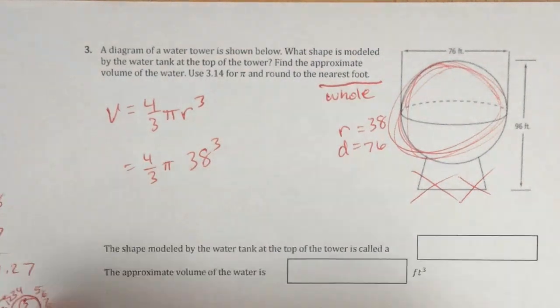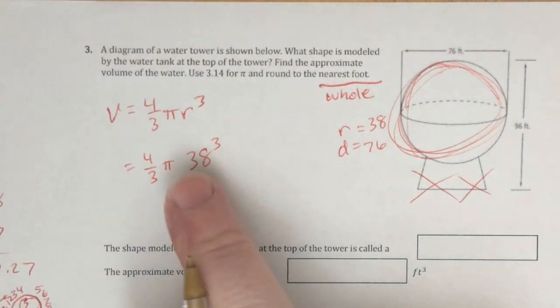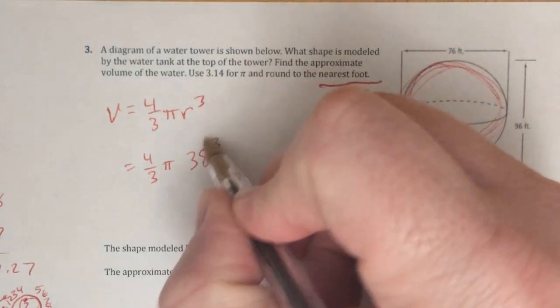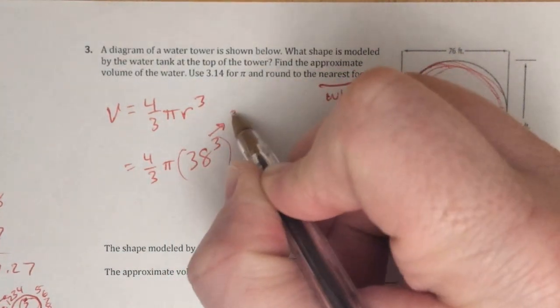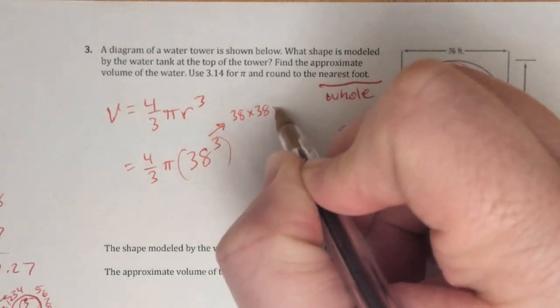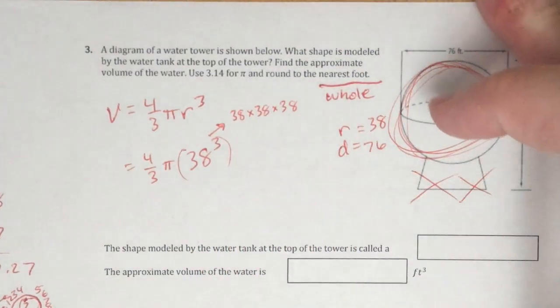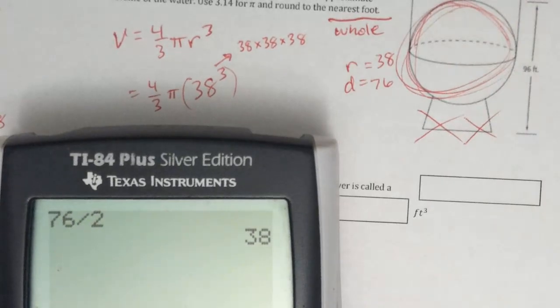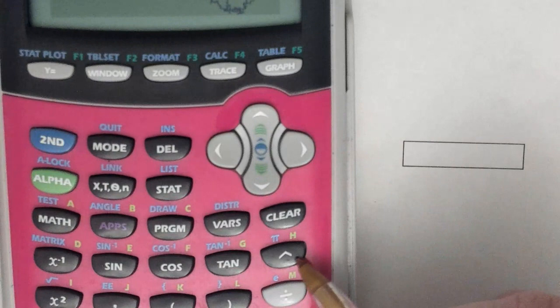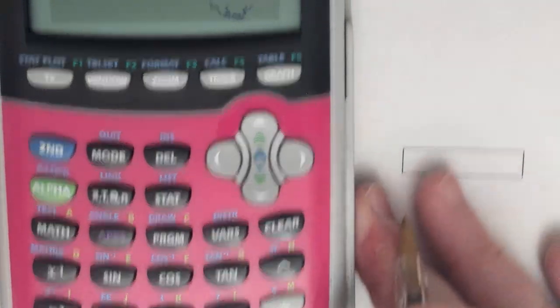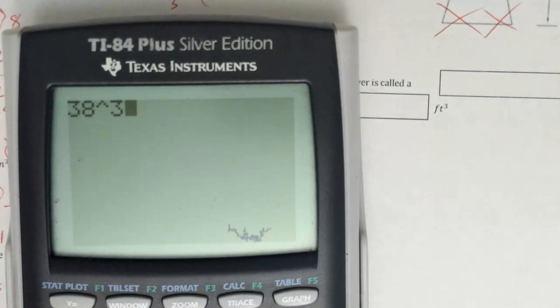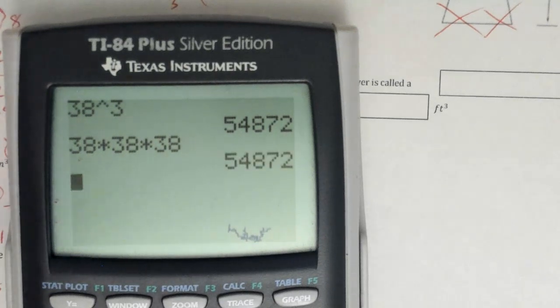All right, so there's a couple of different things that you need to be aware of. Okay, 38 cubed. What that really means right here is 38 times 38 times 38. So that's cubed. So depending on your calculator, you need to know how to do that. So 38, and then for me, this is my power button. So to the power of 3. So that's one way to do this. There's a couple other different ways. If you just want to go 38 times 38 times 38, that might be safer for you. Okay, so then,